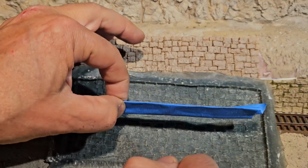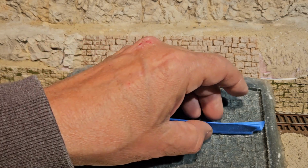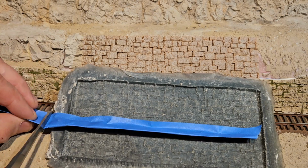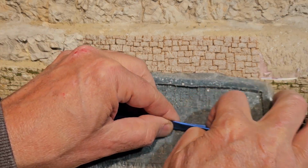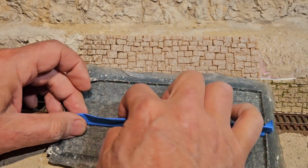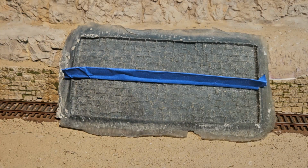And I'm going to lay it inside here to break this up into 2 separate thinner wall pieces, just so I don't have to cut it and it'll break. This will get basically taped down. Basically cut this off. Cut it off. Just put it wherever you want. You've got to figure out how big you want the pieces, or where's a good spot. But you glue it down, and now you have a wall here. So you get 2 separate wall pieces. You see that? I'm sure there's other ways to do it, but